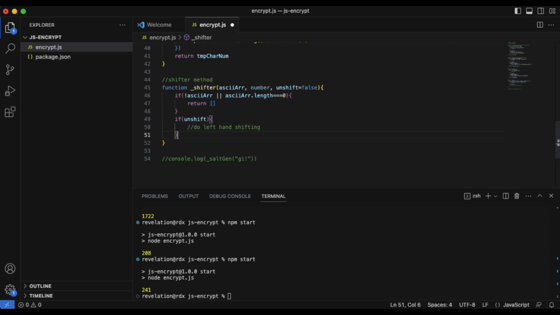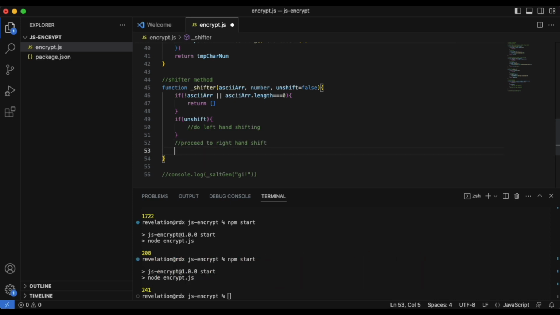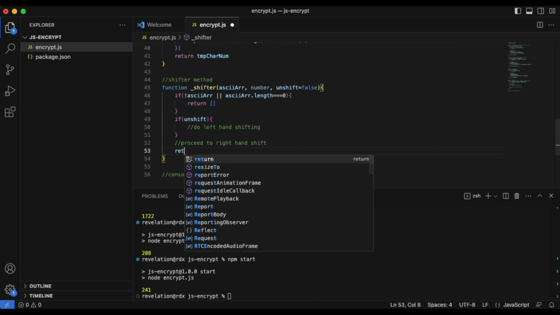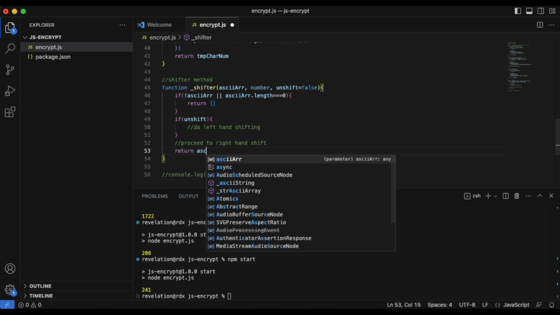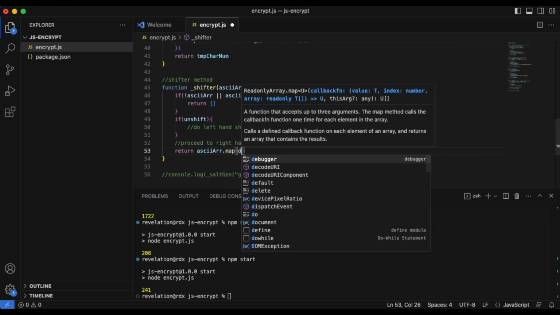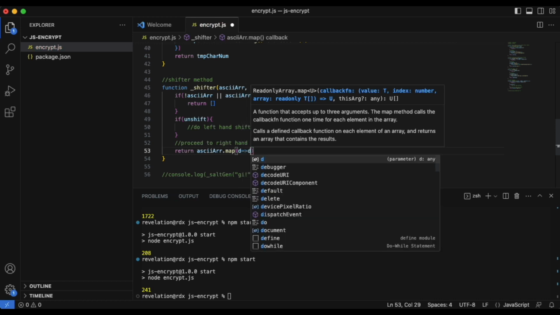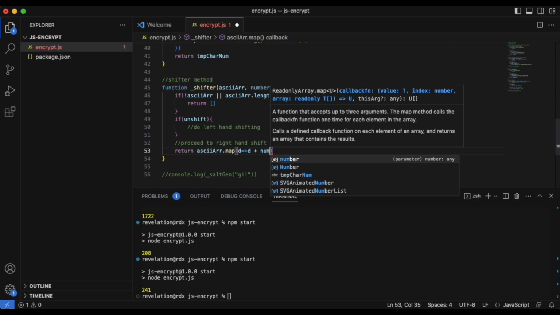Then I'm going to be returning everything here, so I can just basically come to the bottom here and proceed to right hand shift. So right hand shift is encryption, left hand shifting is decryption. Now I'm going to return my ASCII code. I'm going to make this a shortcut. If you understand, you can break it down yourself. Yeah, I do plus my number,